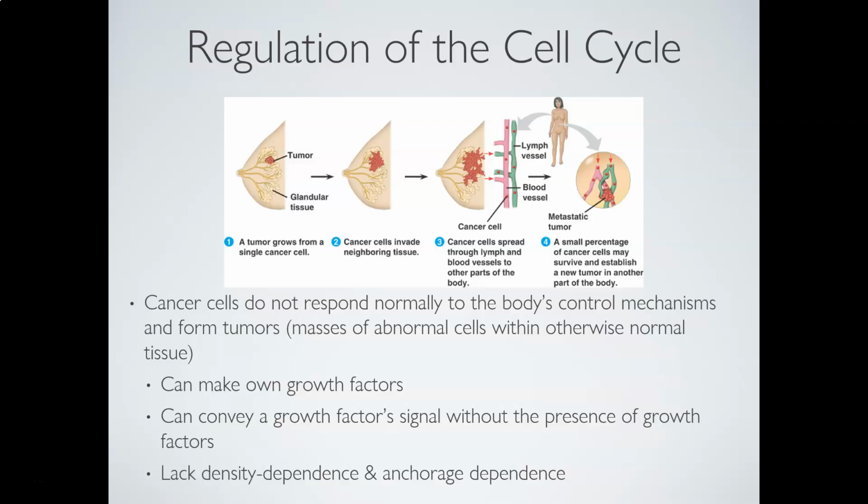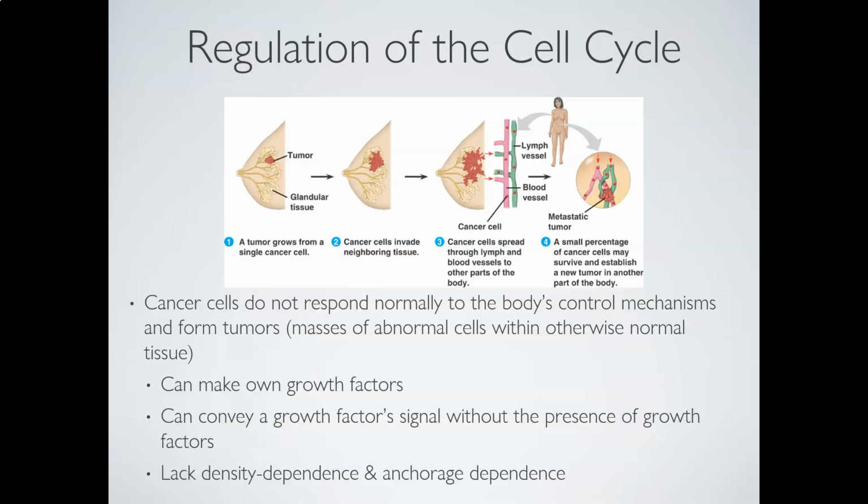So your cancer cells in this case don't respond normally to your body's control mechanisms, right? They're not listening to those growth factors. There may be genetic mutations that we'll talk a little bit about later this year. Here we're just talking about the fact that something is going on internally and or externally, and oftentimes a little of both, that are causing them to ignore all of the traditional mechanisms that your cells have evolved to only divide when necessary. And so cancer cells can make their own growth factors. They can ignore whether or not growth factors are present and still divide.